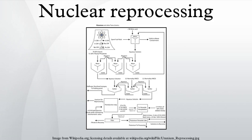OECD Nuclear Energy Agency, Plutonium Fuel, An Assessment, Paris, 1989. National Research Council, Nuclear Wastes, Technologies for Separation and Transmutation, National Academy Press, Washington, D.C., 1996. External links: Processing of Used Nuclear Fuel, World Nuclear Association; PUREX Process, European Nuclear Society; Mixed Oxide